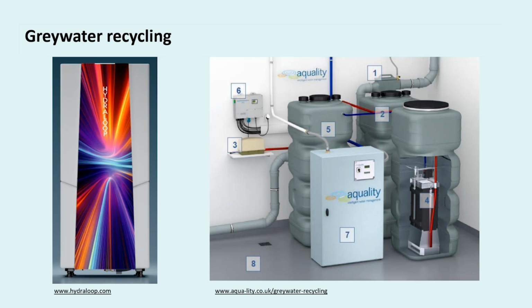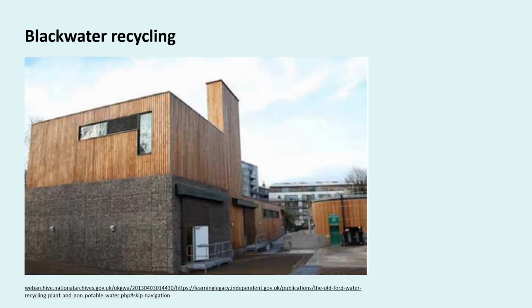Next slide, please. So the London Olympic Park used a non-potable water supply produced by the old Ford black water recycling plant, which is shown here. And one of my colleagues actually managed the system and understands how it works in great detail. All of the water discharged from our example house, except the outside use of 5 litres per person per day, could be collected and processed through a black water system. So that would capture 79.8 litres per person per day.